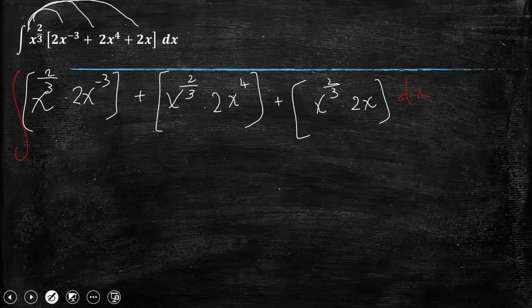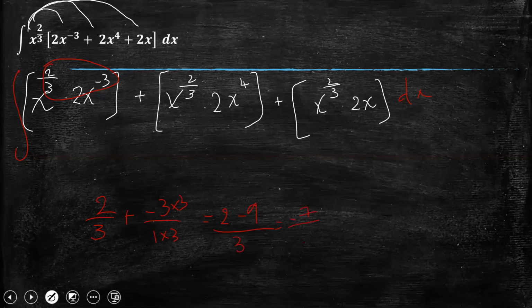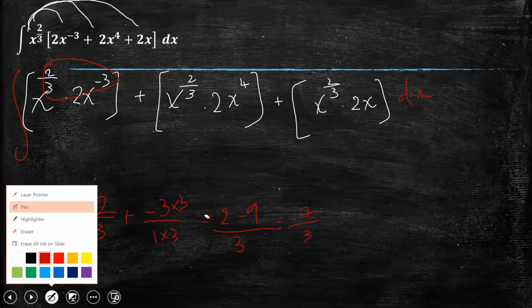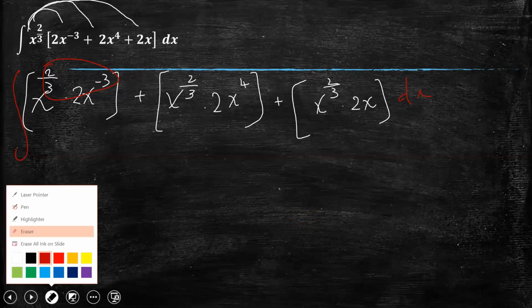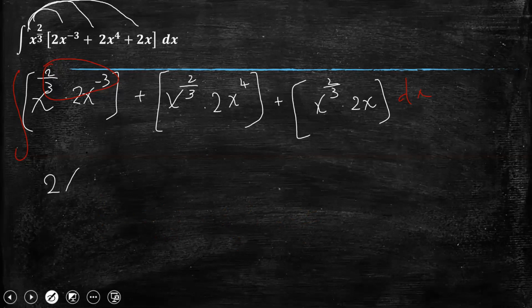Now here we have the same base, so we have to add the exponents. 2 over 3 plus negative 3, so it is 2 over 3 plus negative 3 over 1. Times 3, because I must have them with the same denominator. So it is 2 minus 9 over 3, which is negative 7 over 3. So when you add them here, you will have 2x to the power negative 7 over 3 plus